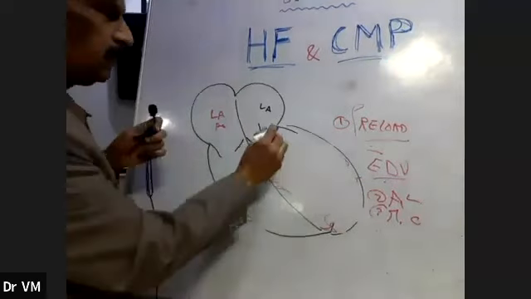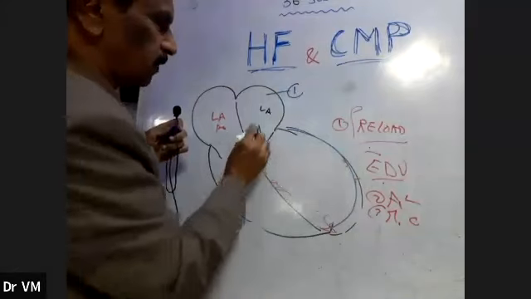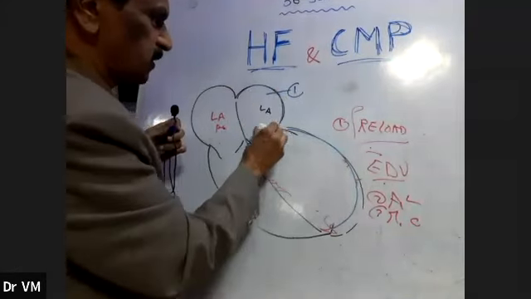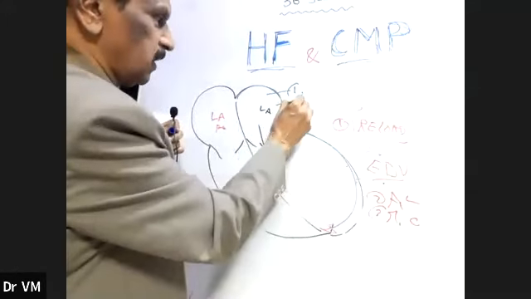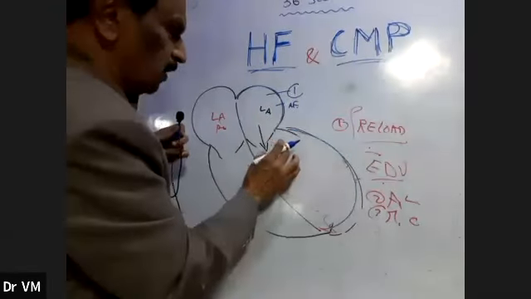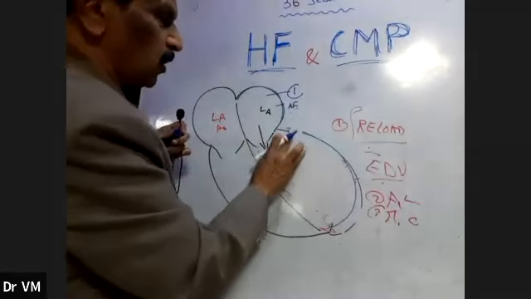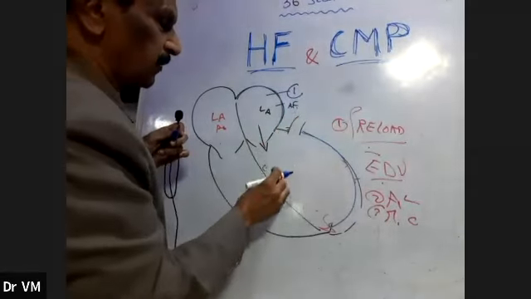When there's left heart failure, one cause could be in the left atrium, because the left atrium has some disease like atrial fibrillation. Therefore, the left atrium is not able to empty the full contents into the left ventricle. That's why the cardiac output is low and the patient is in heart failure. Second,